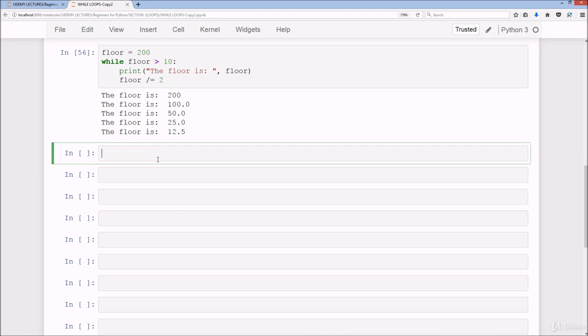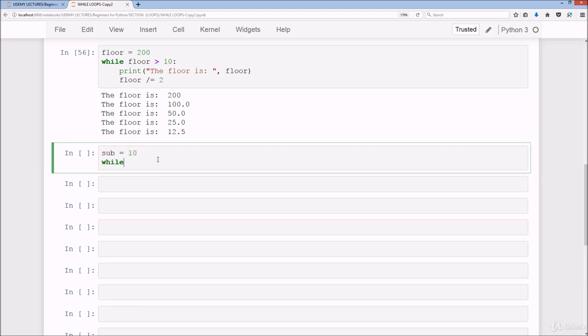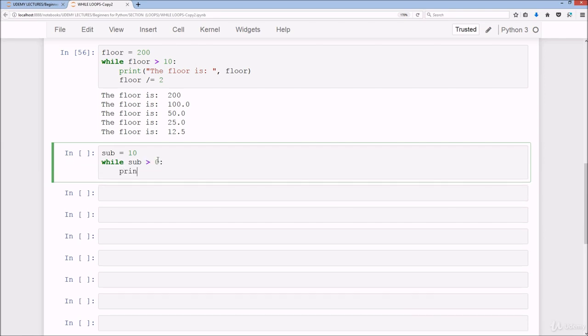And let's say we do subtraction, so we'll do sub equals 10, while sub is greater than 0, colon, print "countdown to lift off in", then string plus "seconds",